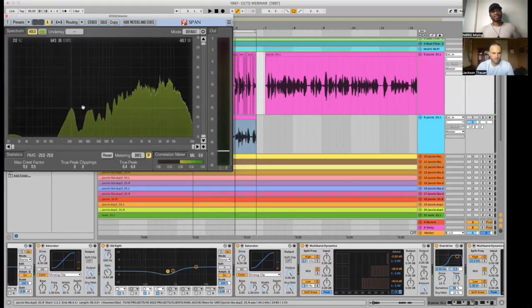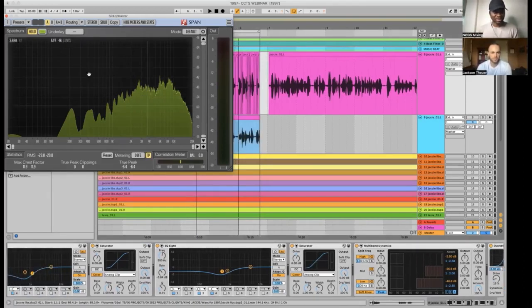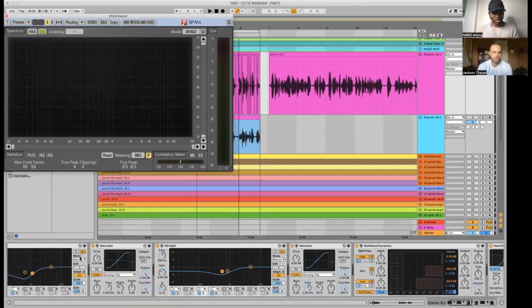Okay, this section I want to bring them up. So now my first instinct was to get some of that presence attack from the 1K, 3K area kind of prominent. Now that I got that, the vocal is a little too much in this range, so I'm going to back it up a bit. Does that make sense? Yeah. So what did I do to make the vocal one-sided like that?